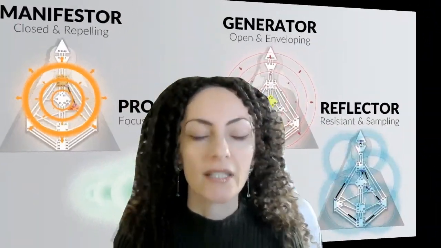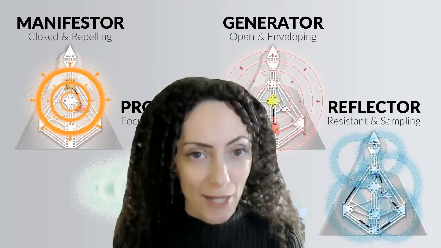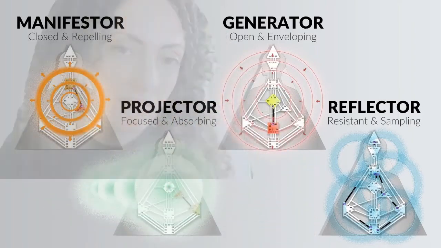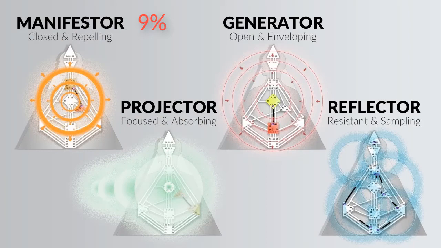So as astrology divides energies into four main groups: water, air, earth, and fire, the Human Design system divides people into four main types according to the energy quality with which they were born. So we have approximately 9% of the population called manifestors, 70% generators, 20% projectors, and about 1% reflectors.